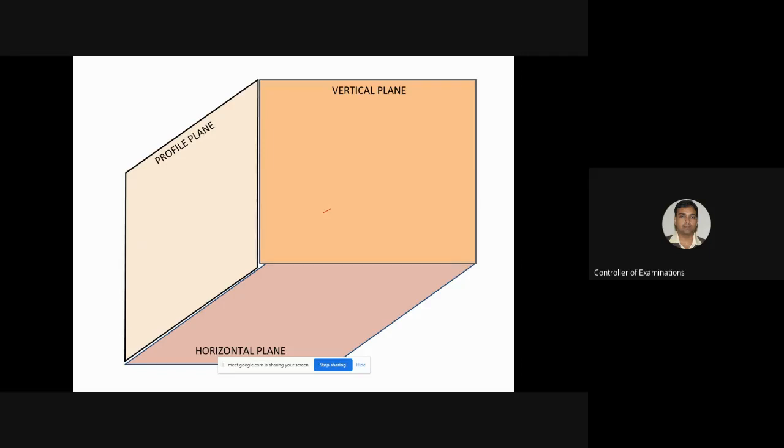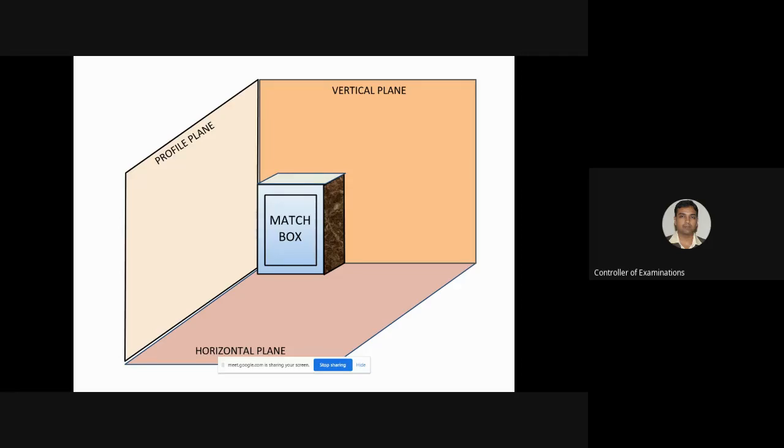Okay, so these are the three planes in between which any object can be placed. That is a concept that you need to understand here. For example, this particular object is a matchbox which has got some design here and some lettering here. Matchbox is written, and two rectangles are drawn inside. And then on the right side, you are finding the color of the matchbox to ignite, which is a brown color or black color. So this is the matchbox which is placed in between these three planes.